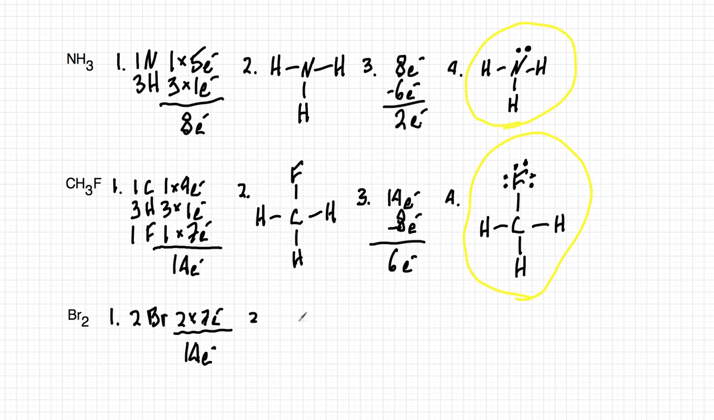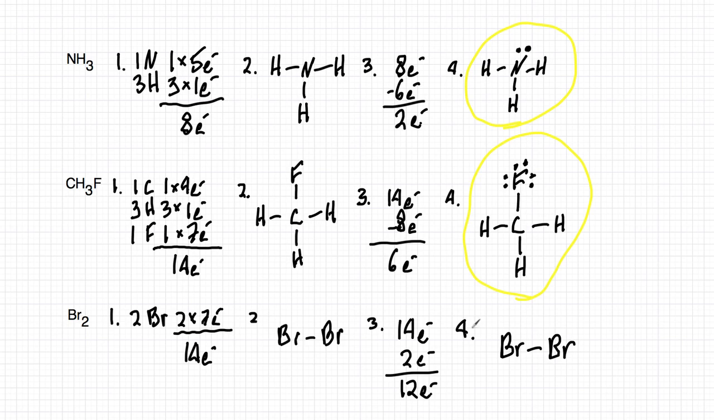For step 2, no prizes for figuring out what the trial structure is. There's not a lot to go on, just 2 bromines. For step 3, well, we started with 14 electrons, and we only have 2 electrons there. So that gives us a total of 12 electrons that are left over. So for step 4, we need to put those electrons there